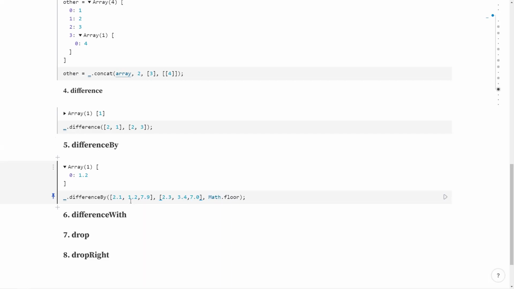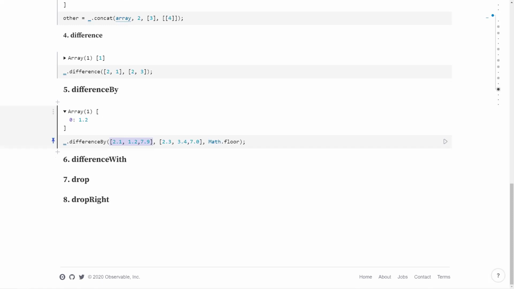It will again take the difference, but with one more parameter, the iteratee, which will be performed on each and every element. And see here that your result will always maintain the order of your original target array, which is the first one.